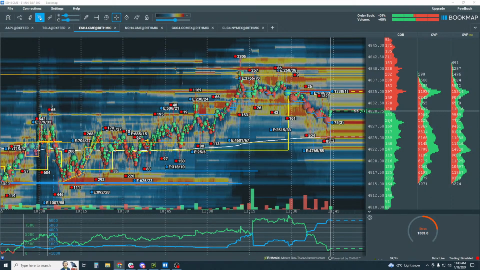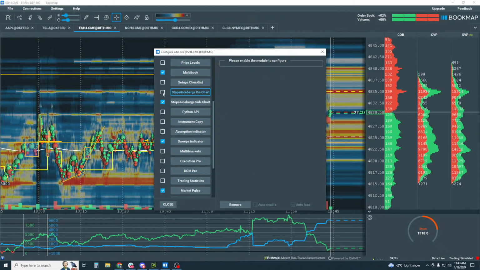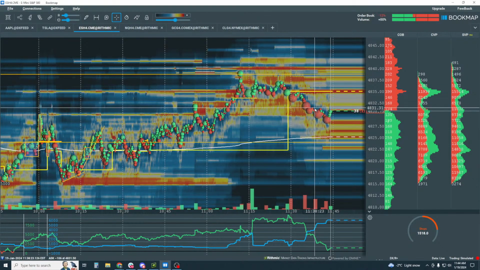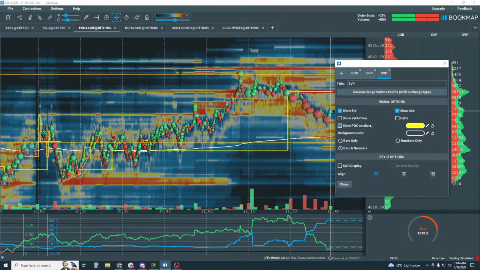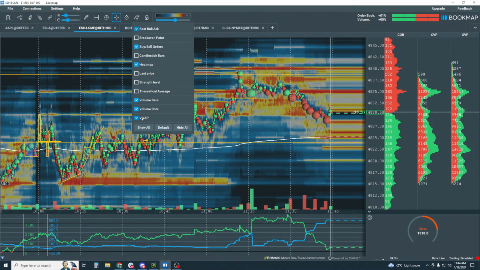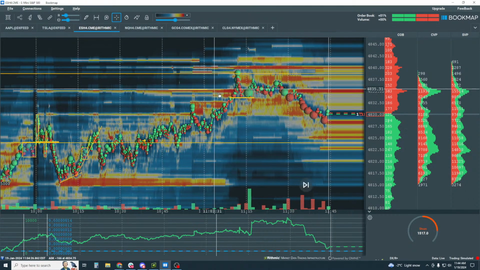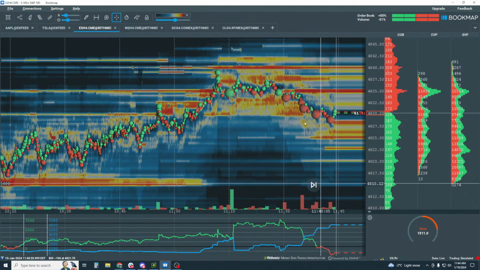Let me take the stops and icebergs off the chart now. I'm also going to just clear everything here. Take that POC off. Also going to take off the VWAP. And clear our drawings. Okay. All right. So